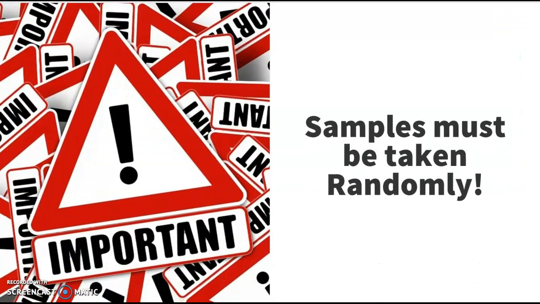Another thing that's super important in statistics is samples must be taken randomly because you want your sample to represent your population, because that's what you're ultimately trying to describe. You're just using the sample because it's smaller and easier to work with in order to find out information and then transfer that to the population. So randomly we get rid of the bias in your sample and make sure you get all of the characteristics in that sample that are also in the population, so the sample will represent the population well.